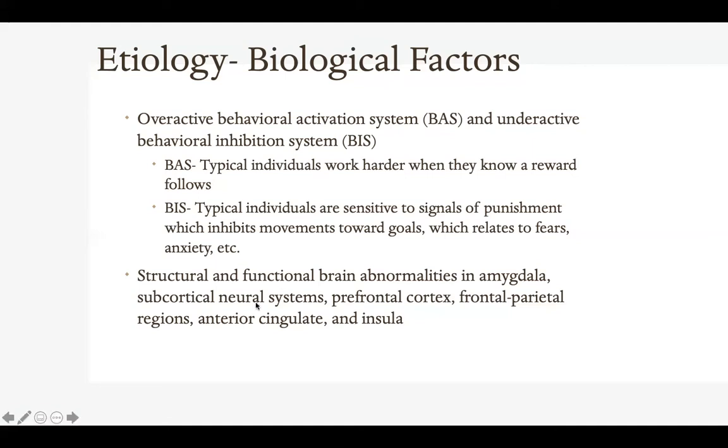And then we could talk about the anterior cingulate, which is towards the back of the brain. And this in particular, again, talks about empathy. So we have a lot of structures so far that relate to empathy. And again, because it's dysfunctional, if you will, they tend to have a lack of empathy. And then the insula is related to social decision making. And again, not making the proper type of decisions.